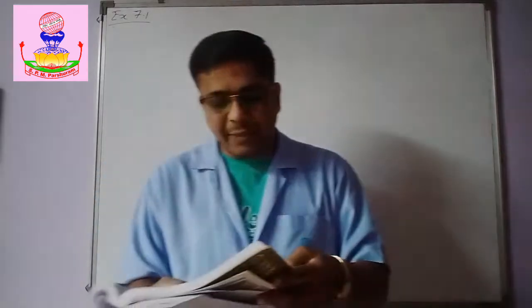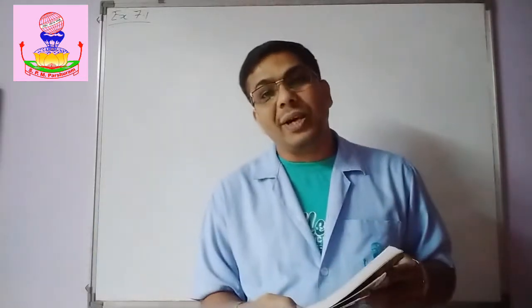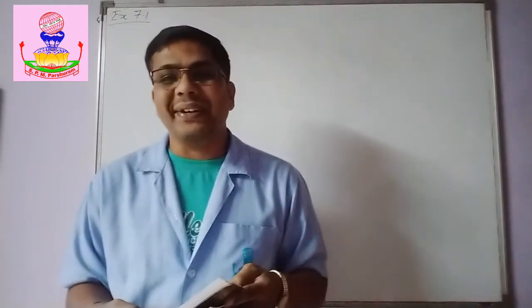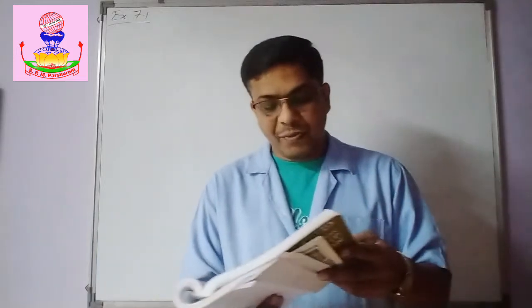Then second, the number can be divided exactly by 6, 5 and 8. Now what is the LCM? 60. 6 and 5 can divide 60, but 8 it cannot divide. So that is the false statement. Now see third, the number can be divided exactly by 2, 10 and 15. Now 60 is divisible by 2, 10 and 15. So definitely the number which is divided by 3, 4, 5 will be divided by 2, 10 and 15.